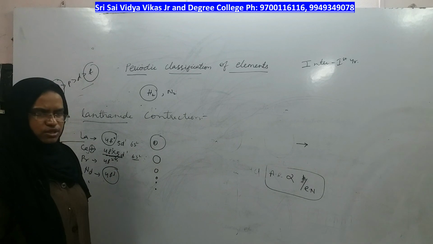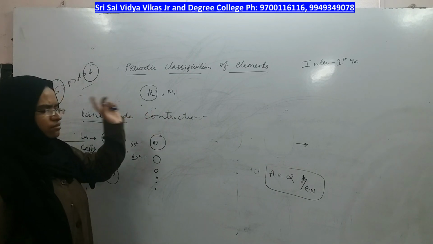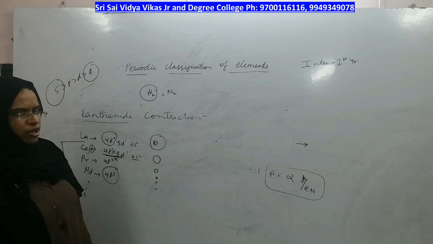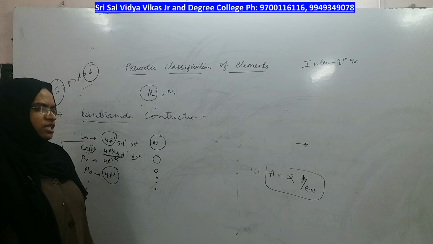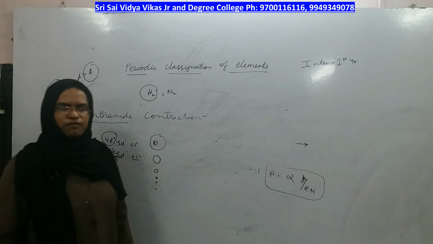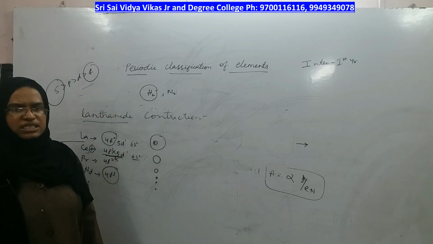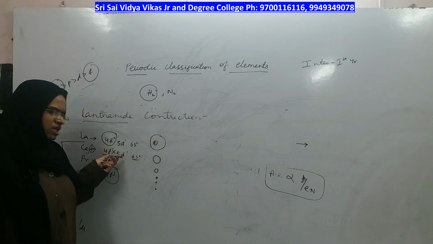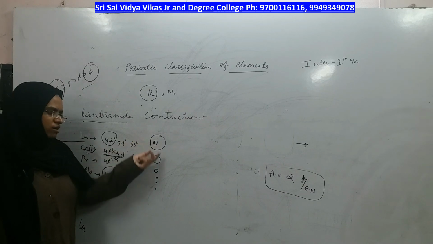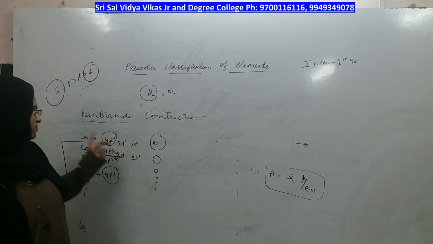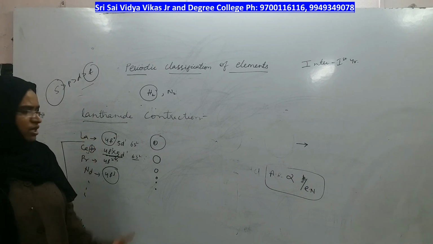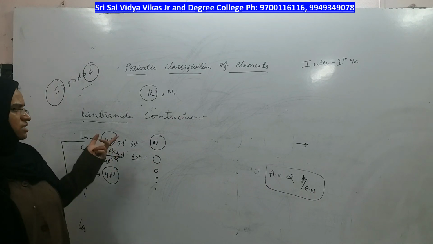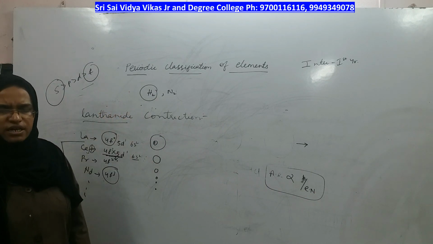This is an exceptional property of only lanthanides, because in the general rule of the periodic table we have seen that from top to bottom atomic radius increases. The general rule in the complete periodic table was that from top to bottom atomic radius increases, but in lanthanides, because of the poor shielding effect of f orbitals, atomic radius decreases from lanthanum to lutetium. So, lanthanum will be largest in size and lutetium will be smallest in size. This special property is called lanthanide contraction.